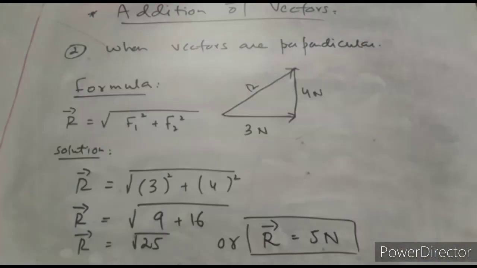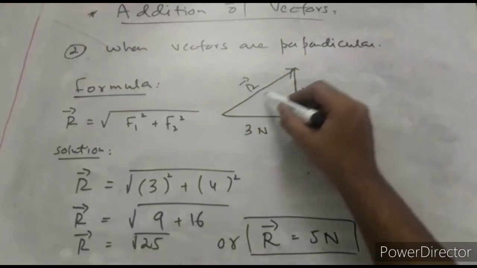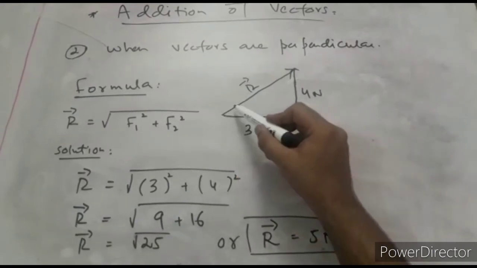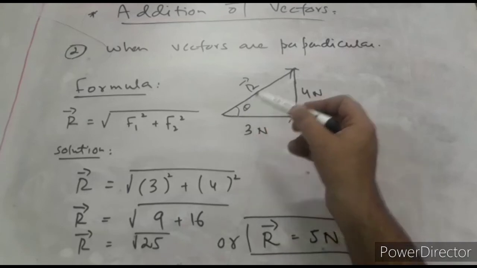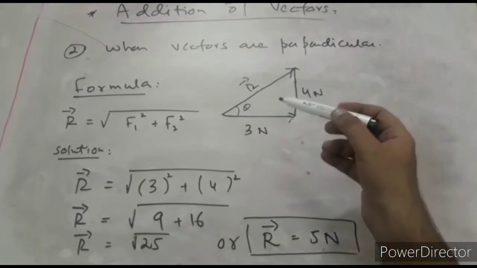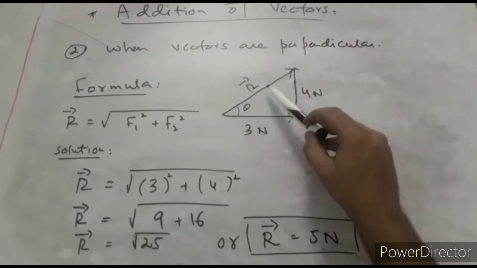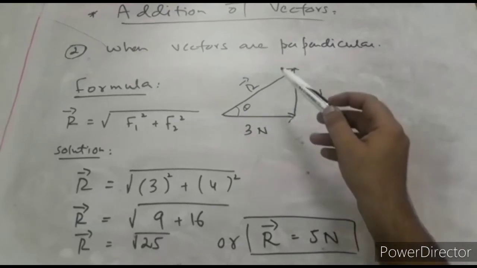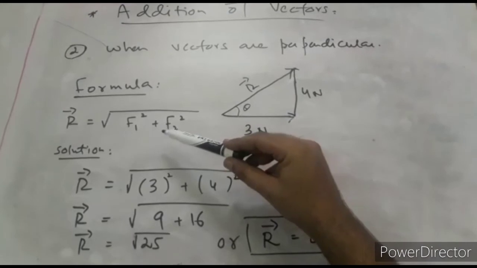Okay students, so here we have the formula for finding this resultant vector. This is the resultant vector, and here we will find only its magnitude, not its direction. We can find the direction by using a protractor, and we have a formula as well, but right now we are only discussing the formula for the magnitude of the resultant. This is the resultant vector. It has a magnitude and a direction, and for the magnitude, this is the formula.